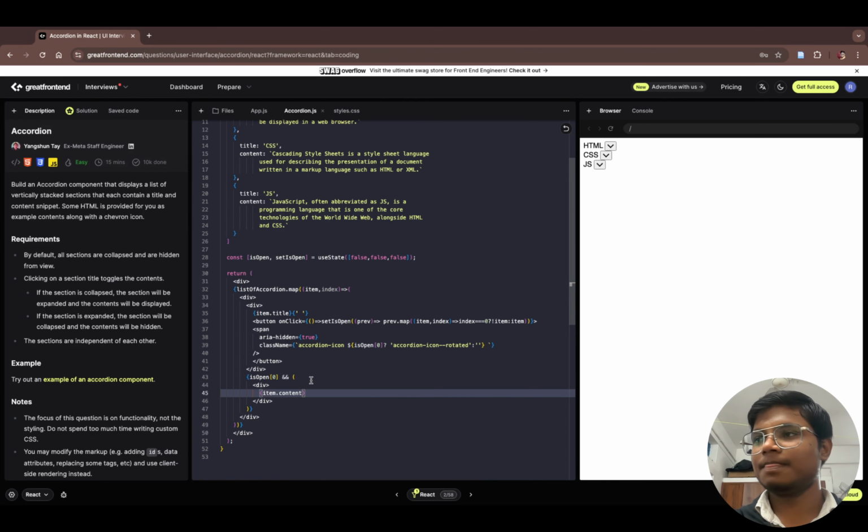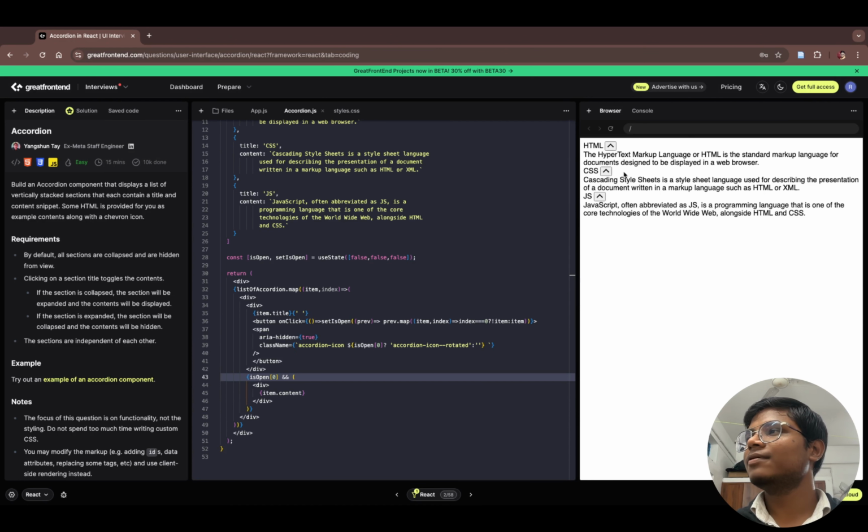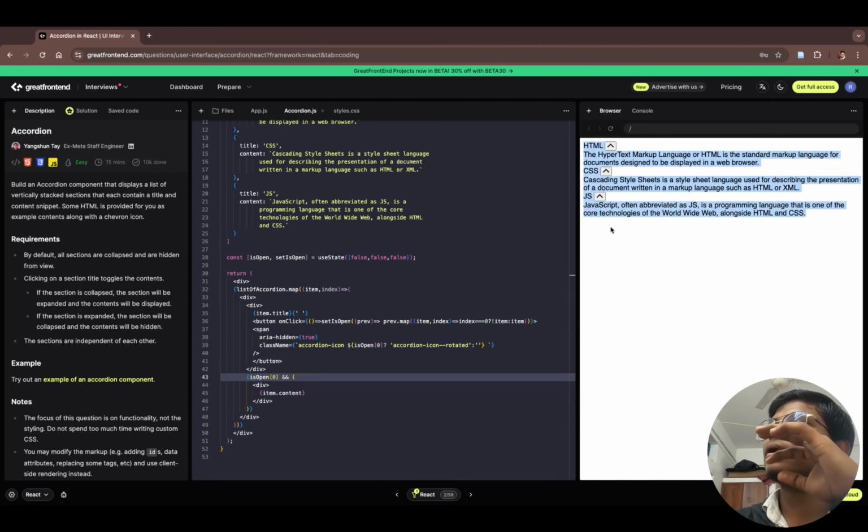Okay, nice. But the thing is, if we open it, we can see that when I am clicking on this we are opening all three, and they will be having their own thing. So this is happening because earlier we hard coded isOpen